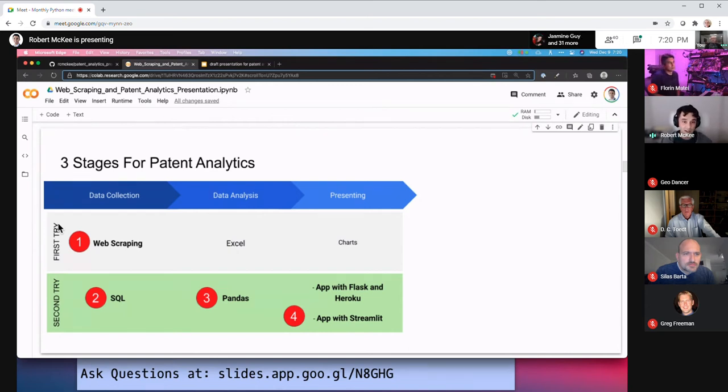For data analysis, I use a lot of different libraries, but primarily pandas, and it's kind of a beefed up version of Excel. And I'm going to show you some other tools that I use for the data analysis portion that have come out recently that make the exploratory data analysis process pretty fast and more visually appealing.